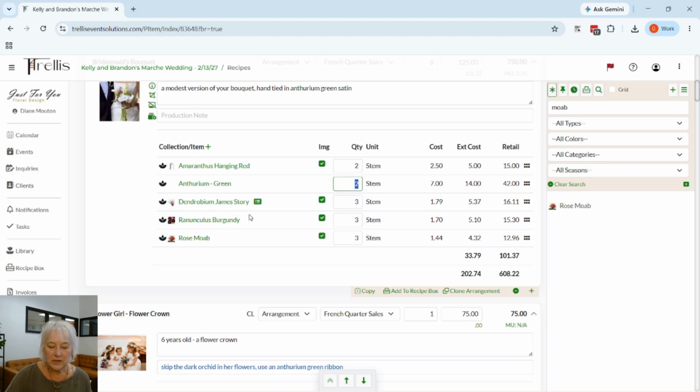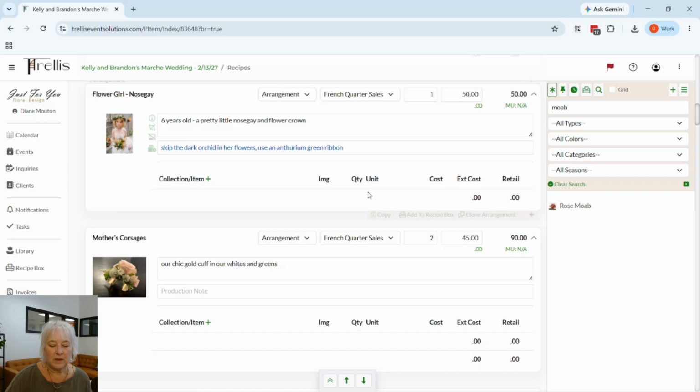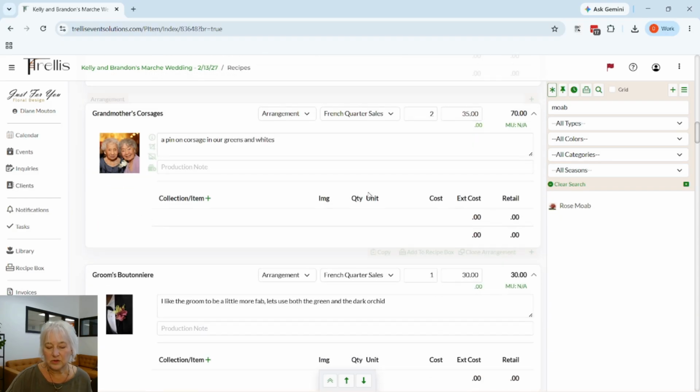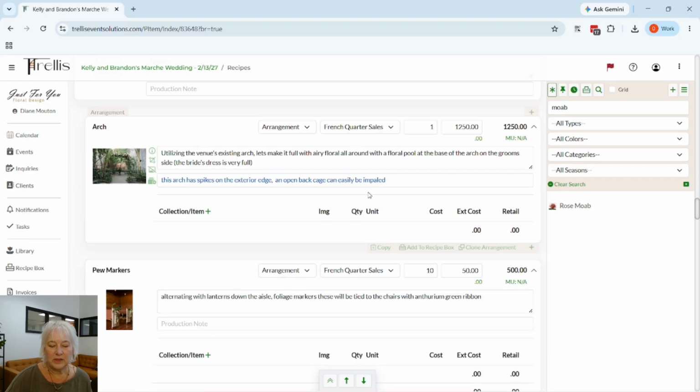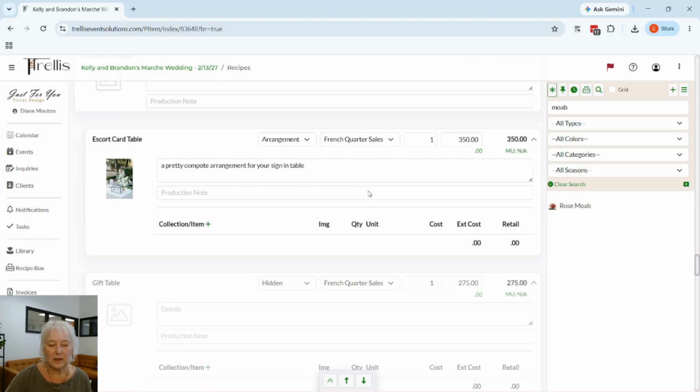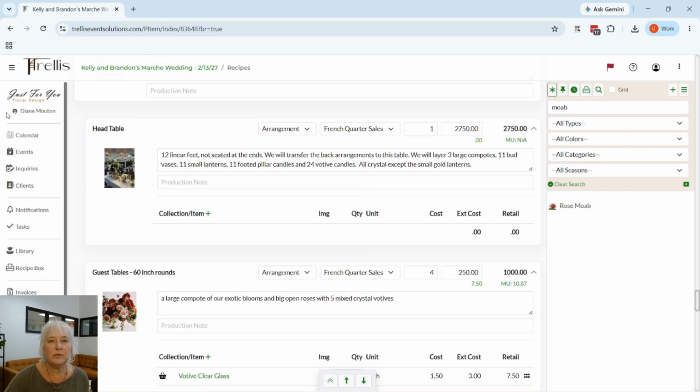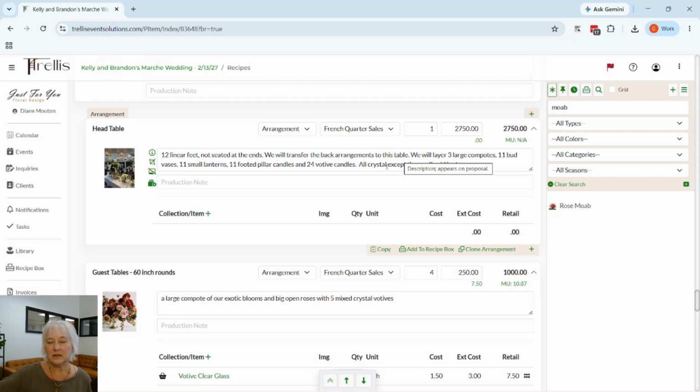So we can follow down here, but let me show you something that's really special in here with the recipes. We're going to head down to an estate table. So here on the head table, I have a table that's 12 linear feet, not seated at the ends. I say we're going to transfer some back arrangements to this table, so those will have been priced in the ceremony, so I don't include that price here. Then I'm going to have 3 large compotes, 11 bud vases, 11 lanterns, 11-foot pillared candles, and 24 votives, all